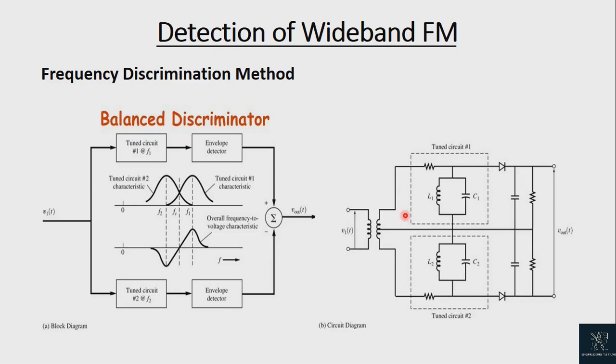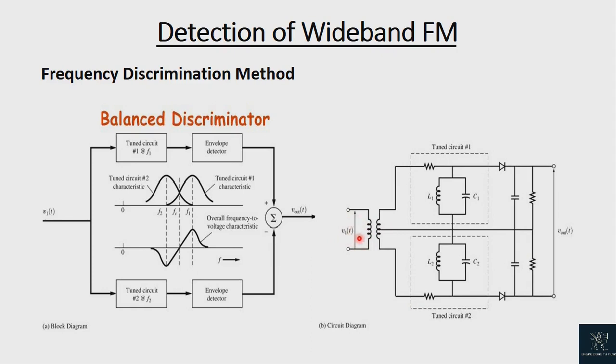Slope detector 1 consists of a detector diode D1, filter capacitor C1, load resistor R1 and filter inductor L1. Slope detector 2 consists of a detector diode D2, filter capacitor C2, load resistor R2 and filter inductor L2. The two slope detectors are balanced because L1 is equal to L2, C1 is equal to C2, R1 is equal to R2 and D1 is identical to D2. The upper and lower windings of the secondary winding of the center tap transformer are also identical. The primary winding of the input transformer is tuned to the frequency of the carrier signal fc.